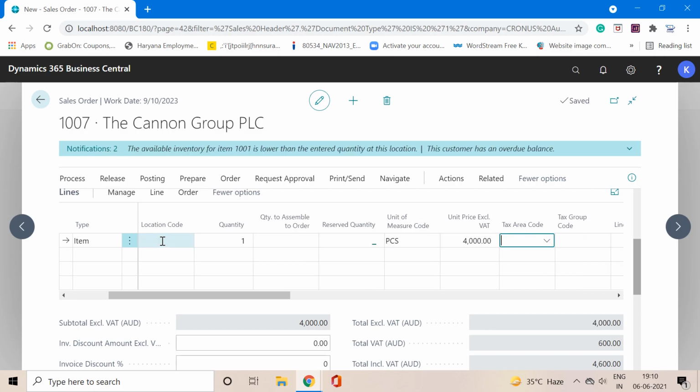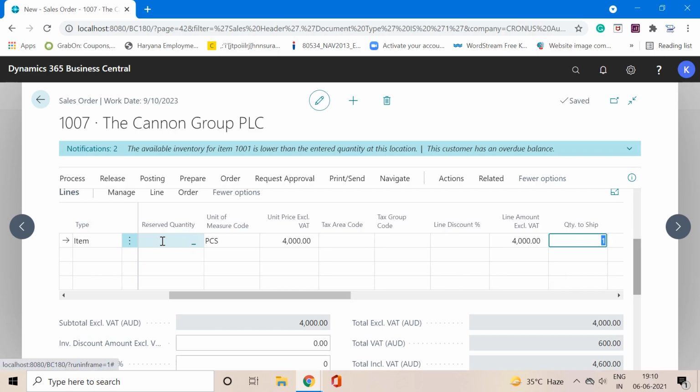Now when we check the quantity to ship, it has the value 1. Because the location code is blank and there is no warehouse configuration for the shipment process, we can directly post the sales shipment.